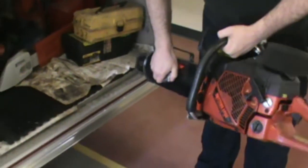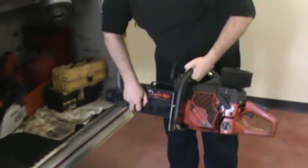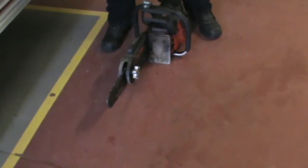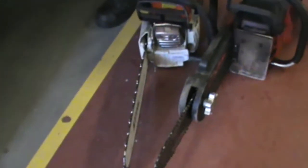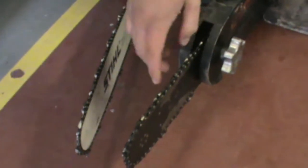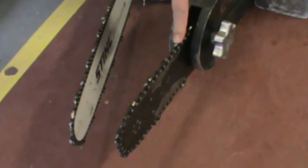An interesting thing about the difference in these saws is the chain that is actually used on them. I don't know if we'll be able to get a good comparison here, but as you can see, this is a regular chain like any other forestry blade, and then this is what they call a bullet chain, and this allows us to cut through